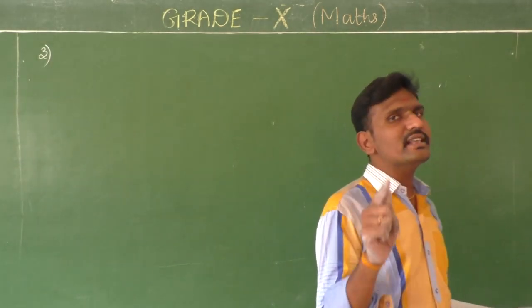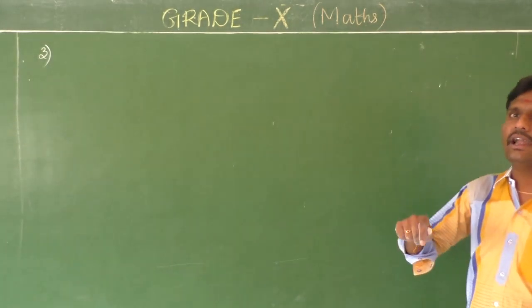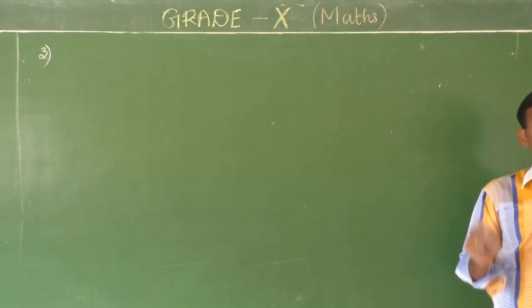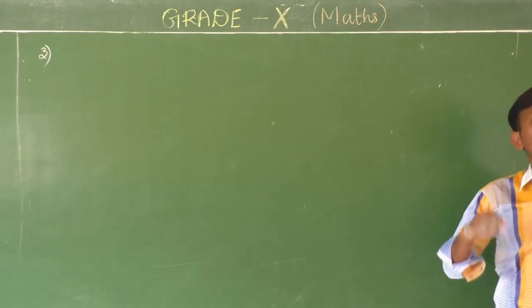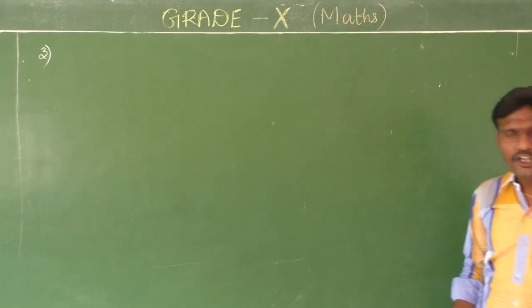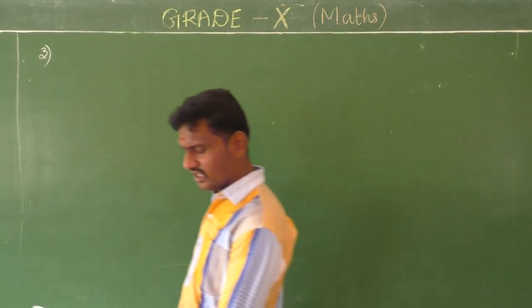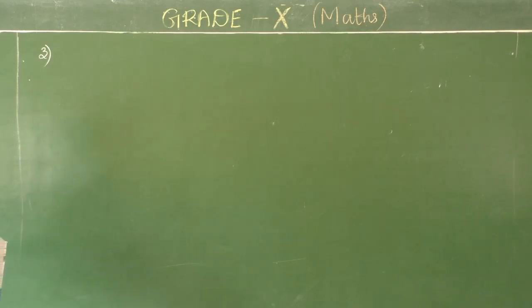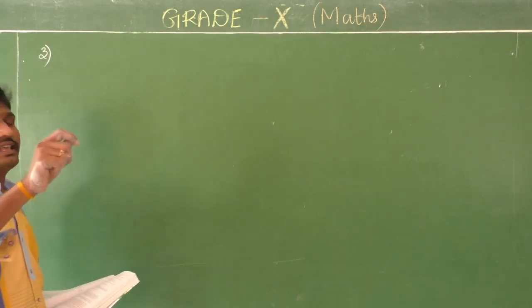So first use the nth term formula to find the value of n. Suppose n is equal to 10, it means you have to find S10. Suppose n equal to 15, you have to find S15. So for the first question, do your homework. The second and third questions are also the same pattern, but with one difference.